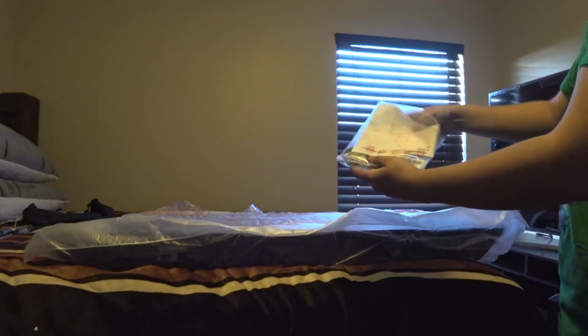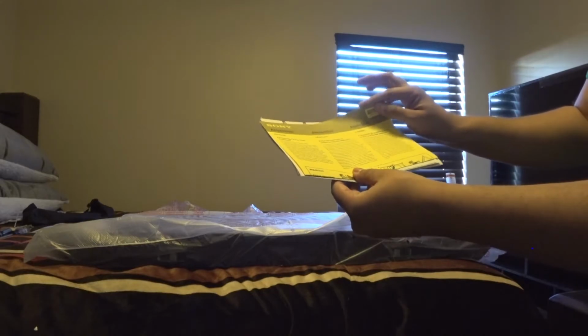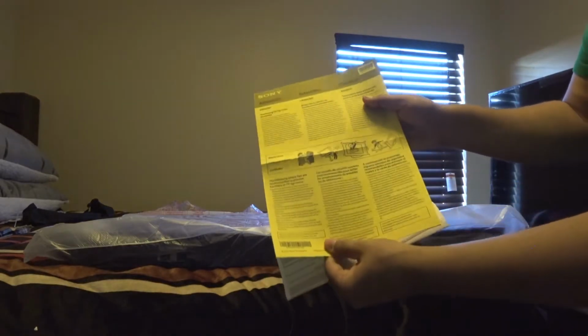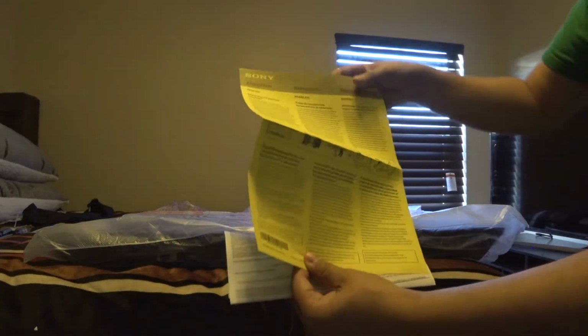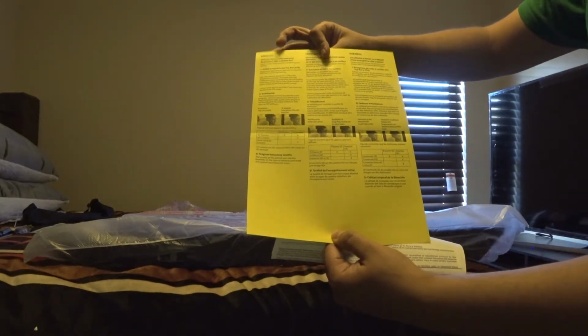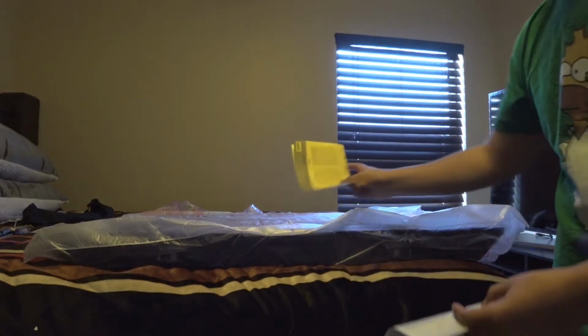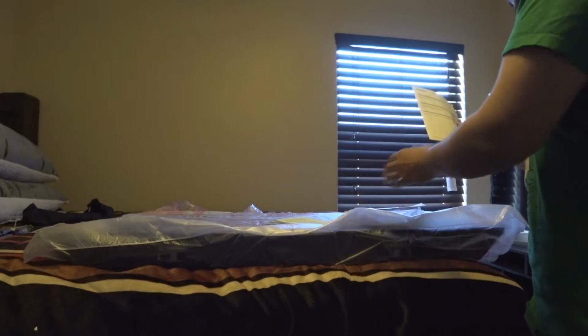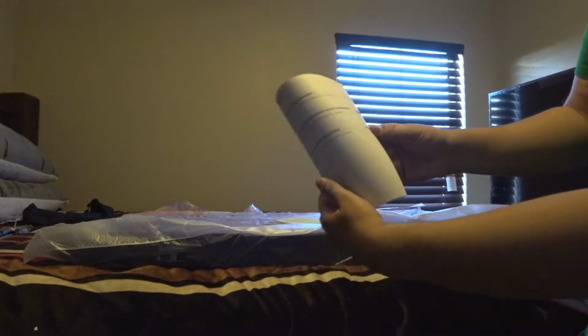We have preventing TV tip over. Just ways to be cautious in terms of your TV because you spent a lot of money on it, so you do not want to chance it. Don't chance it. We have the safety and regulatory booklet,